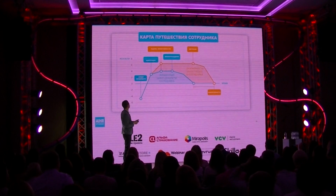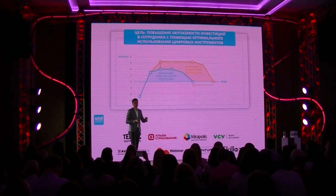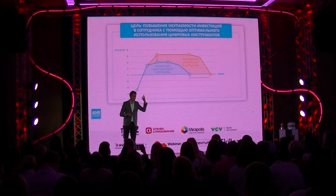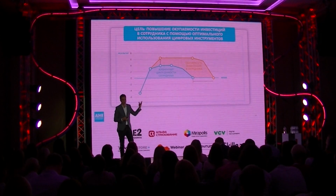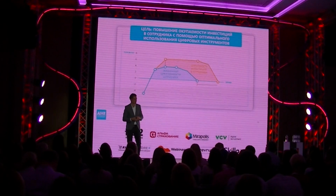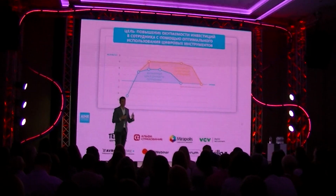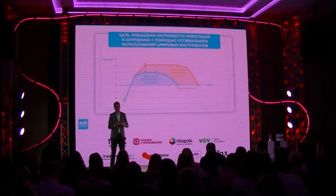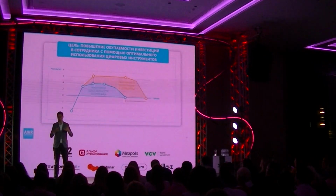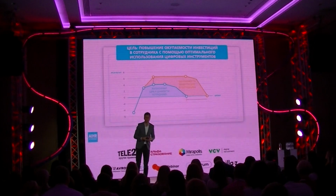And digital HR is about increasing this ROI of the employee journey, because the process that I just showed is, of course, a simplified model of the employee journey. How do we increase that value for the employee? Because if the employee has a better experience, and everyone is talking about employee experience these days,